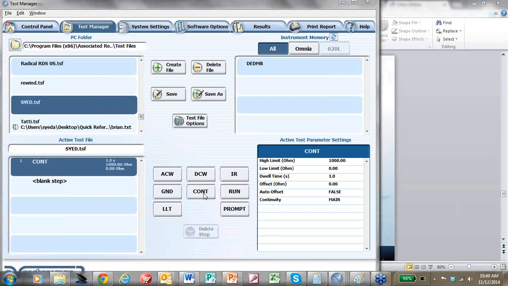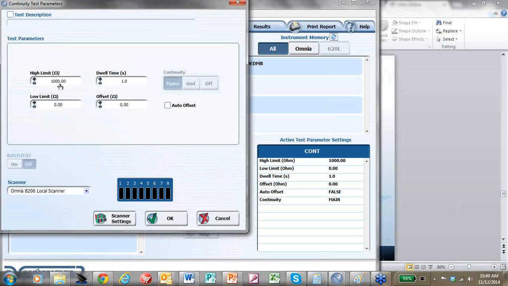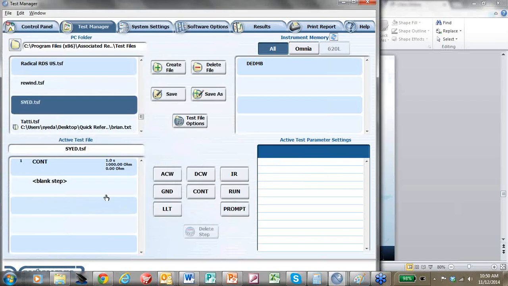So I'll start with the continuity tests, and as you can see, once you click on the test type, a new window will pop up, and you can set your test parameters just as you would using the front panel of the instrument. And at the bottom, you can set your scanner channels. If I've connected one point of my product on channel 1 of the scanner and the other point on channel 3, I can test for continuity between 1 and 3 by setting the appropriate channels to the high side or the low side and leaving the rest open or off. So I can press OK. As you can see, the first test, a continuity test, has been added to my list of tests under this